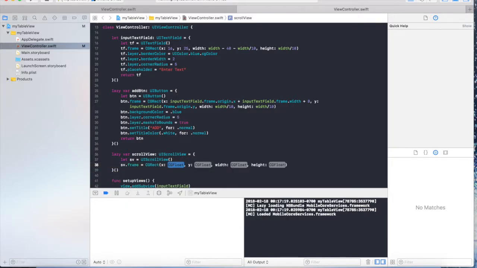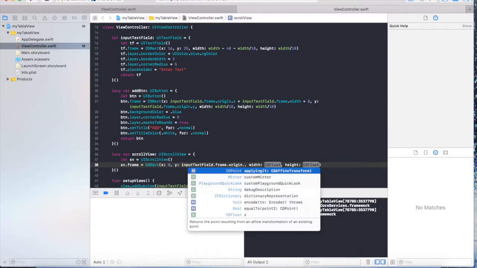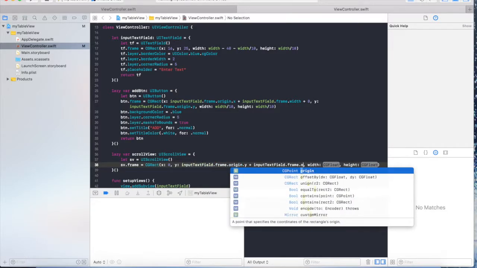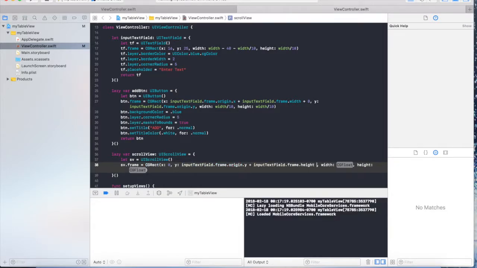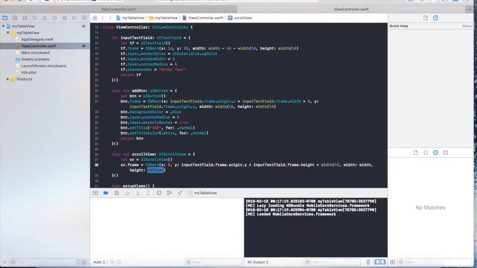Let's see here, there's going to be 0, then inputTextField.frame.origin.y plus inputTextField.frame.height plus width divided by 40. And then our width is going to be our width, and then our height is going to be,